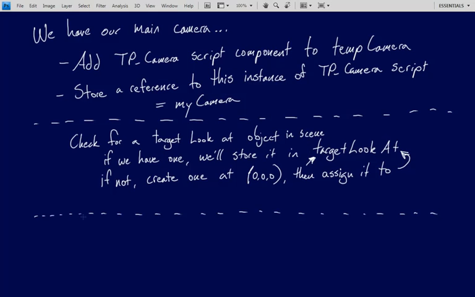So we can call my camera, which is an instance of our TP camera class. It's literally the one that is currently bolted onto the camera that is in our scene. And we can set its capital target look at